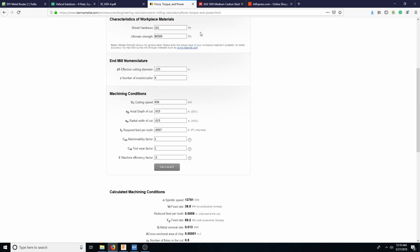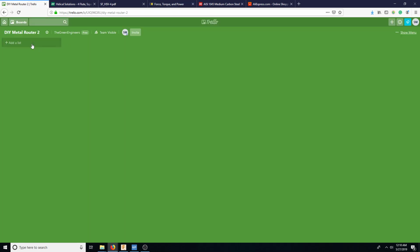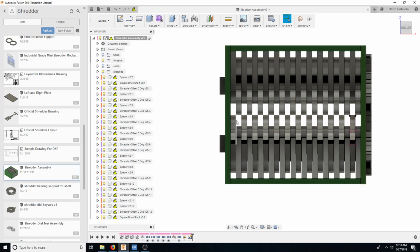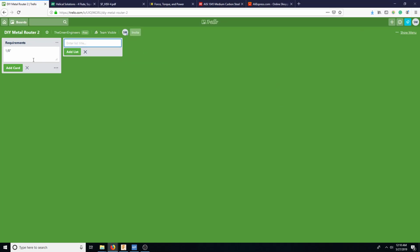So what we need to do on this machine, which I have the Trello up, is, let's go ahead and look at some requirements. We need to at least hold 1/8 inch, because these holes, these are 1/4 inch blades. Even if they were bigger, we still probably wouldn't go higher than an 1/8 inch cutter, call it. So it needs to be able to hold an 1/8 inch. It needs to be able to spin at least